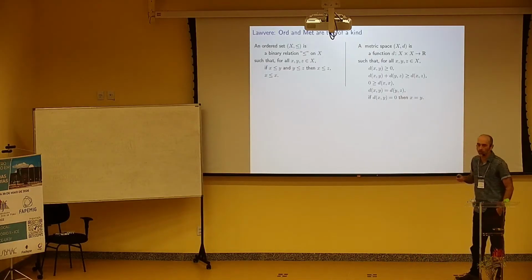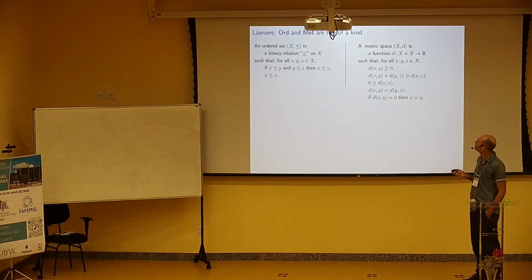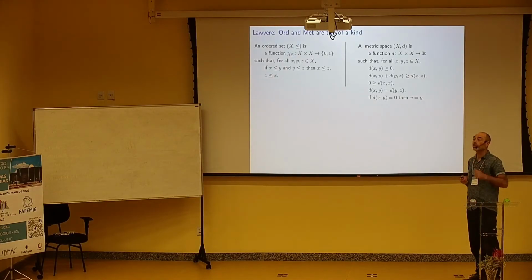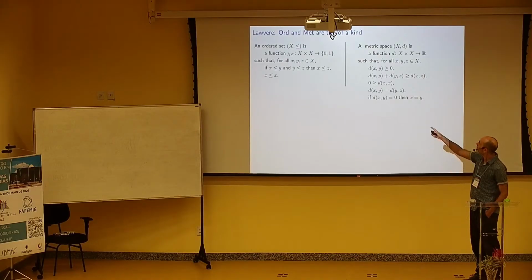So an ordered set for me is a preordered set. Now instead of looking at the relation, I want to use the characteristic function of the relation. So it sends a couple to 0 if it's not ordered and a couple to 1 if it's ordered. And it means that, well, for example,